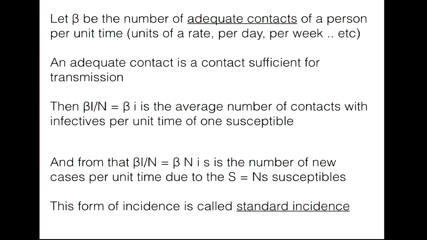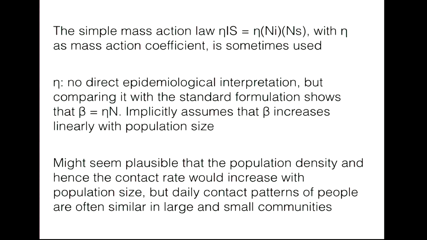Then the average number of contacts with infectors per unit time for any one susceptible is beta times I divided by N, because the proportion I by N of the population is infected. So from here, beta times N times small i times small s is the number of cases per unit time due to the S, capital S equal to capital N times small s susceptibles, and this form of incidence is called the standard incidence. I also mentioned the last time that there is a standard mass action law, which is